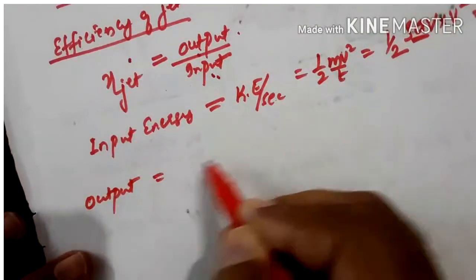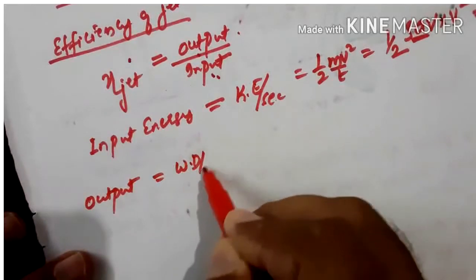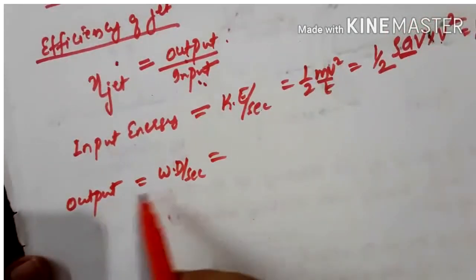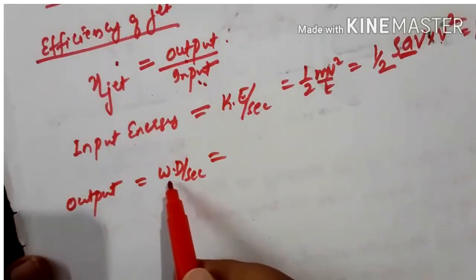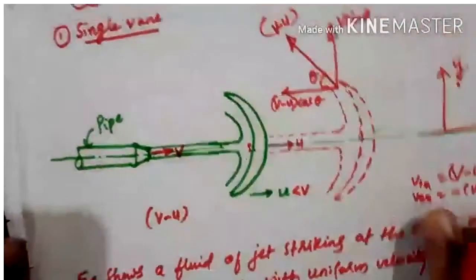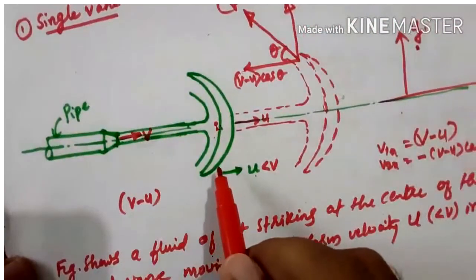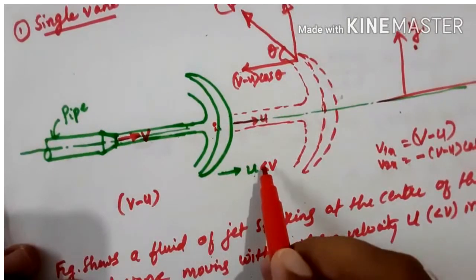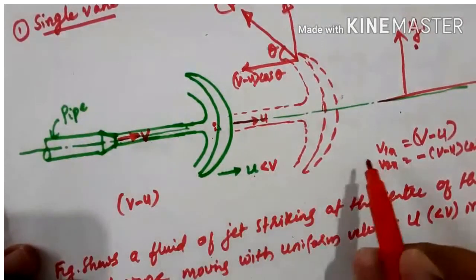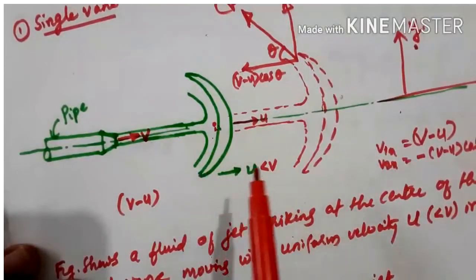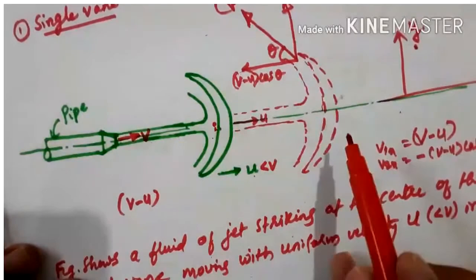Output is what? Work done per second. This I explained in the previous lectures. What is work done? When you say the work done, we say the work is being done when a force acts on any body, if the body gets displaced, then we say the work is being done. So in this case the jet is striking, the vane is moving, means the work is being done. Hence